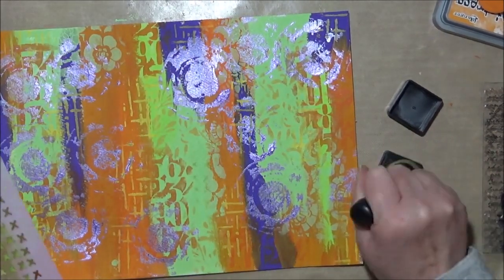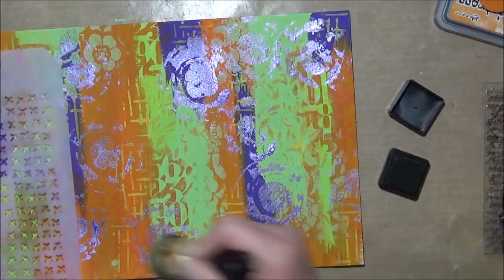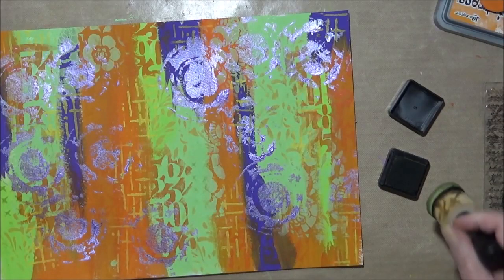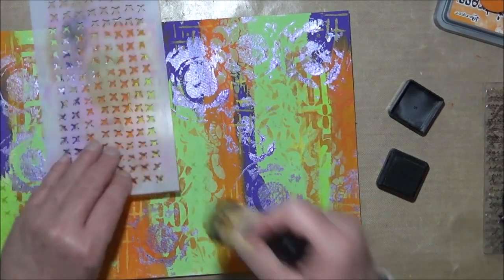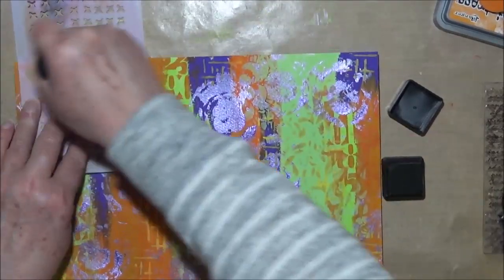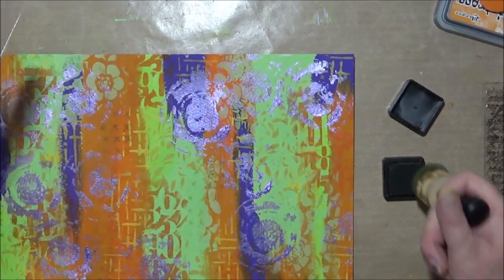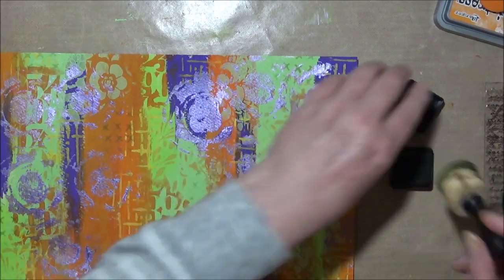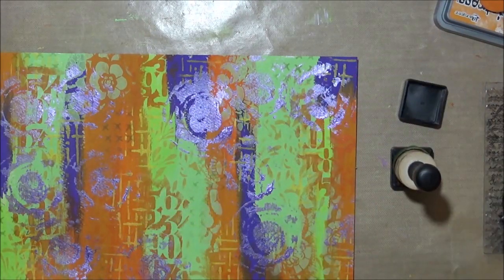Okay, not quite as noticeable, but nevertheless there is a little bit there. So, looking for those spaces where there doesn't seem to be anything. Now, next job is